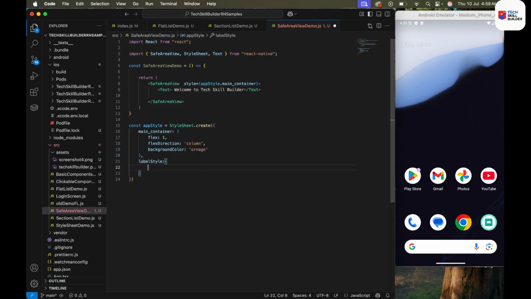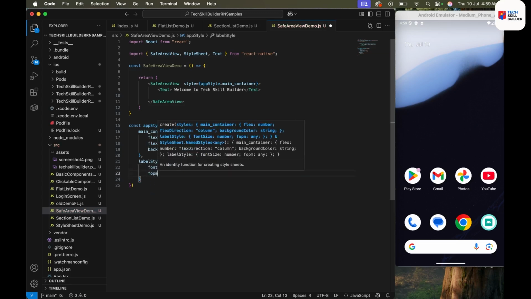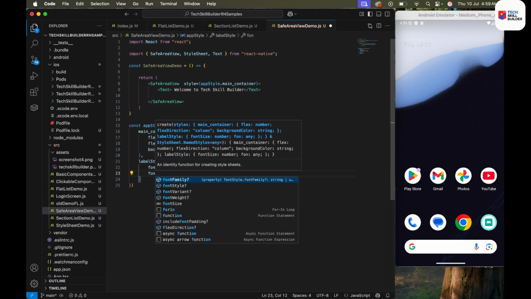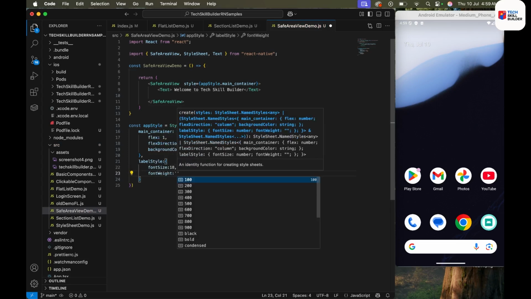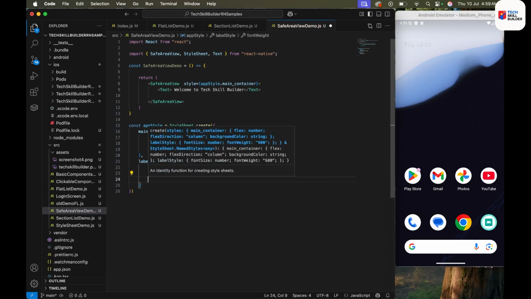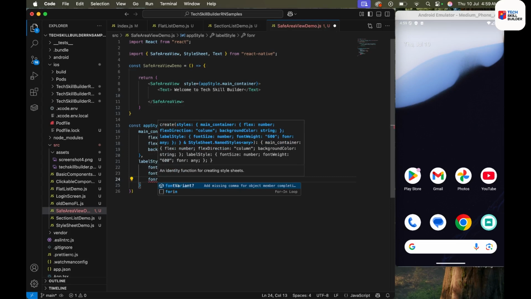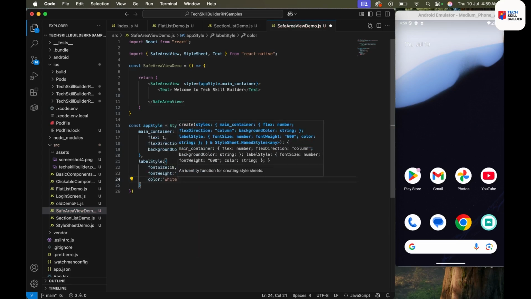Here we will specify fontSize 18, fontWeight 600, and then color should be white. Okay,